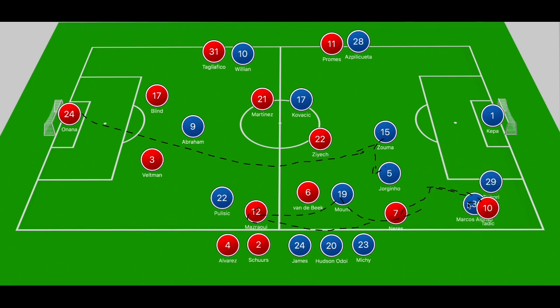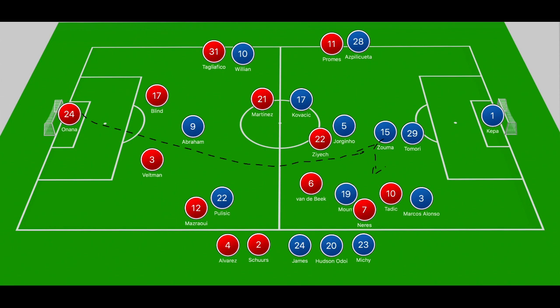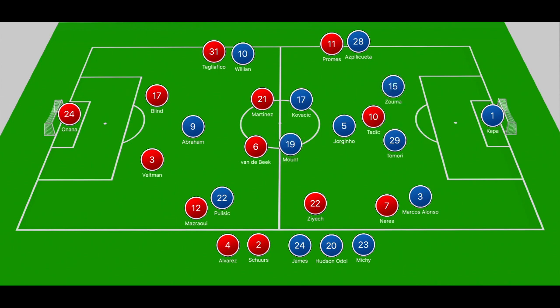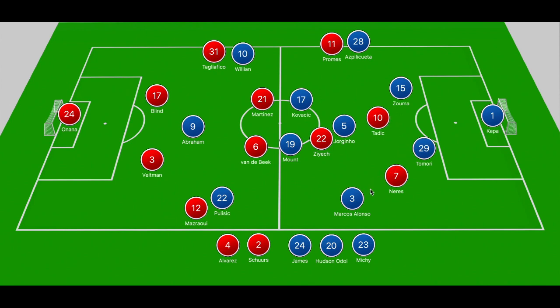And with Tomori and Alonso looking to close him down, Alonso does concede the foul, which allows them to get a free kick, and that ends up seeing Ziyech curl a superb effort off the far post and off Kepa to put Ajax up 3-1. But just like that, direct play from the start, that's how they're able to create their chances, and that's what separated Ajax from Chelsea, who constantly tried to play out of Ajax's press, but were just unable to get themselves